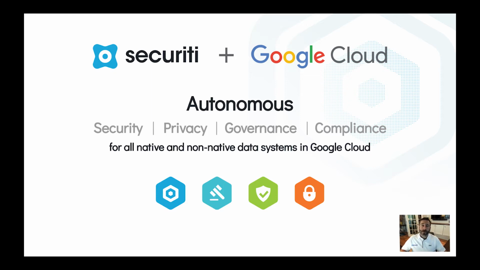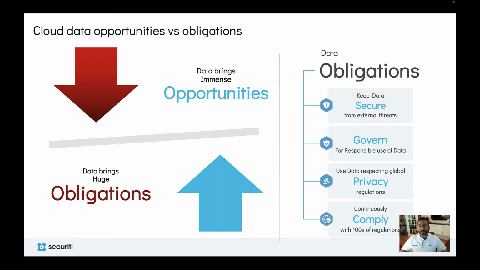Today I'd like to talk to you about how Securiti and Google Cloud work together to ensure safe and responsible use of data. The main challenge Securiti addresses surrounds data security and data privacy. Recent explosive growth in data collection, paired with the cloud data warehouse and analytics tools from providers such as Google Cloud, means businesses of all sizes are able to make data-driven decisions. However, at the same time, those organizations often struggle to make full use of the data at their disposal due to questions and concerns related to security and privacy obligations.